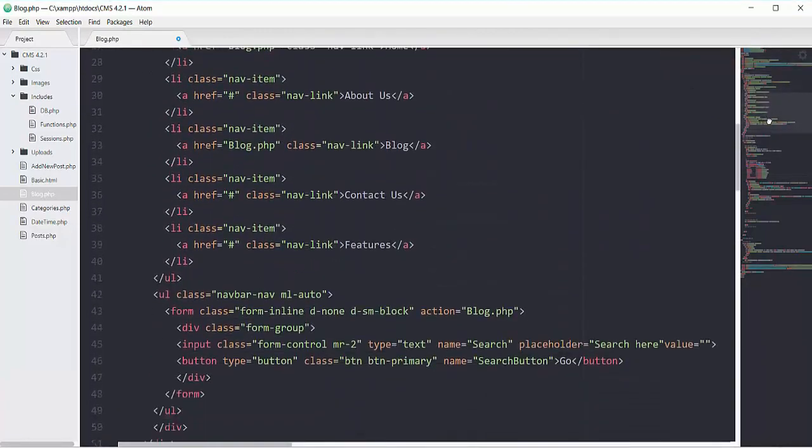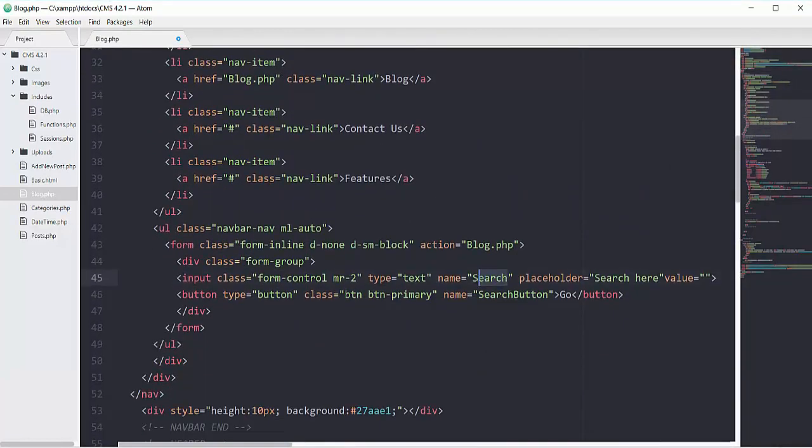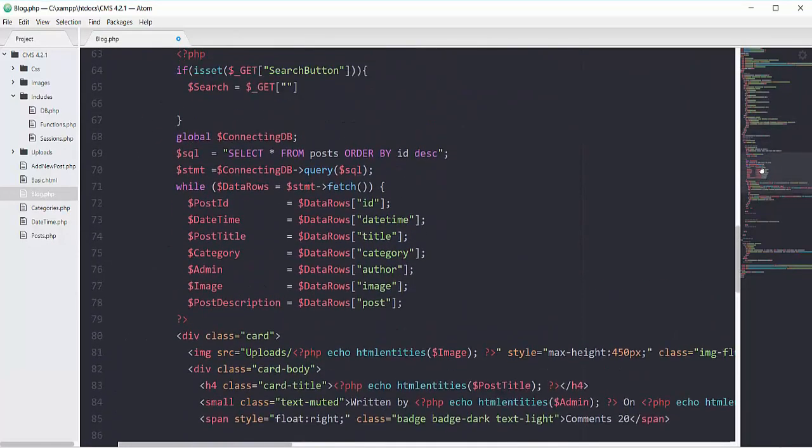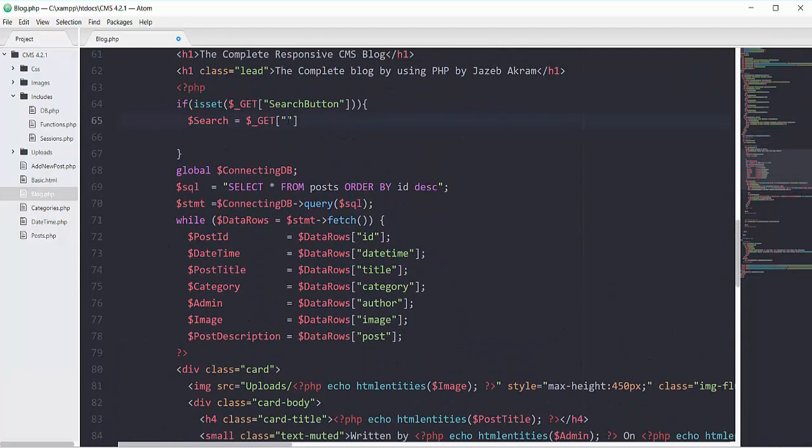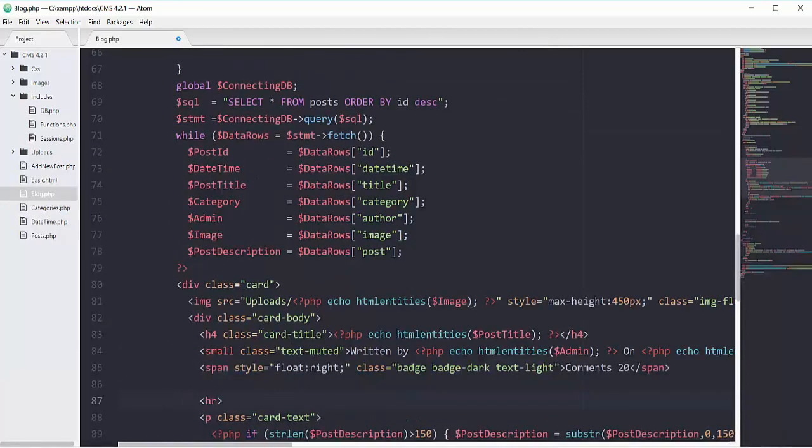So you can see that this input field has the name of search. So copy this one, moving downward, now putting that input field here. Then we will show the results according to this input field. So when we are showing results according to the user search, we don't have to show these default results which we are getting from our database out of this simple SQL of select star from post order by ID DESC for descending. So we will show the results according to the input field.